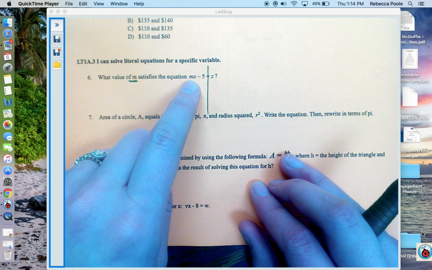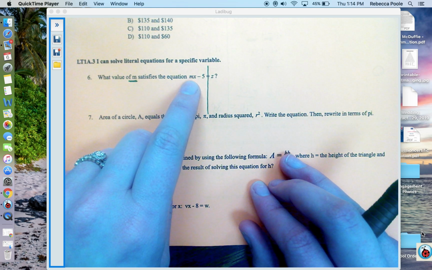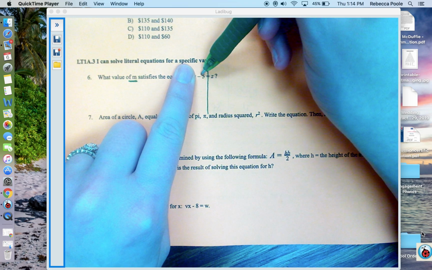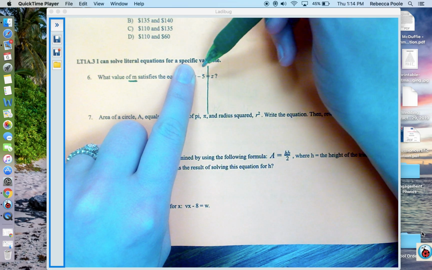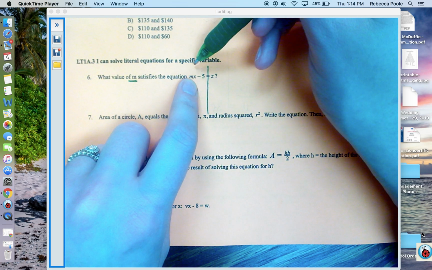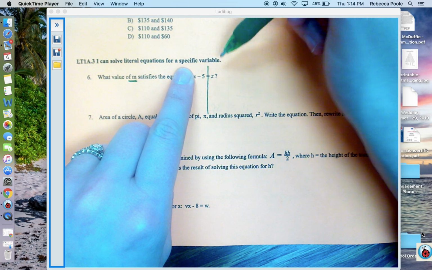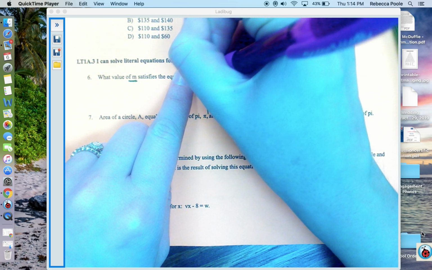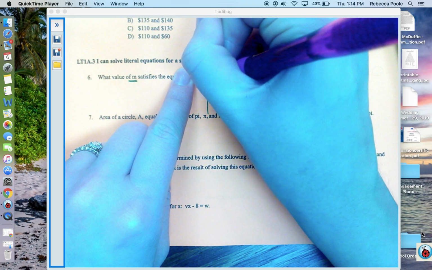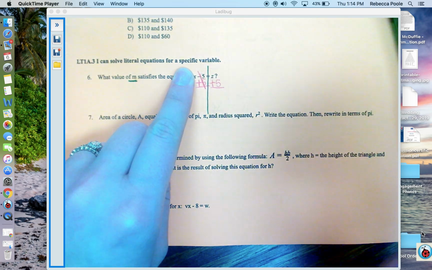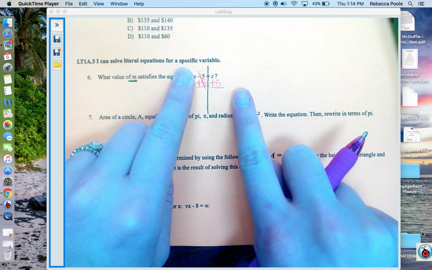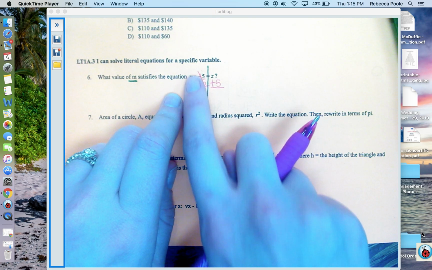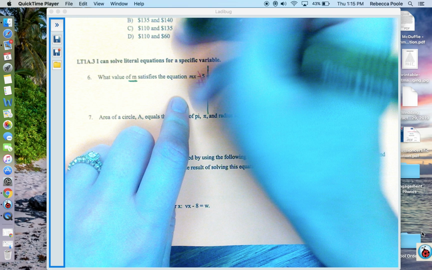So I'm going to cover the m and whatever's touching it, which would be the x right now, which means I need to move this -5 because I need to get everything else to the other side so I can find mx. So I'm going to move a -5 by making it positive, because if we do inverse operations, the opposite operation, that's what will help us get it to the other side. So now the -5 and +5 cancel. On this side, I'm left with mx